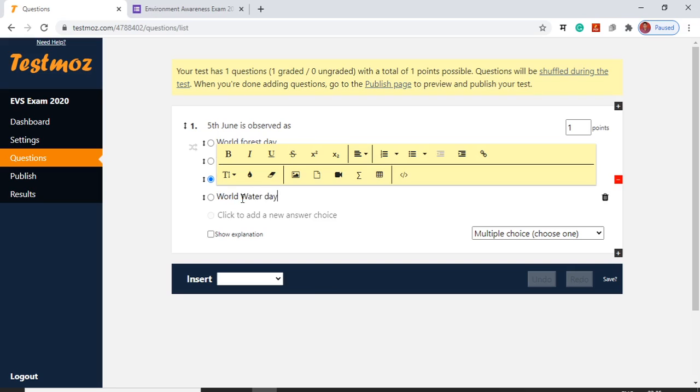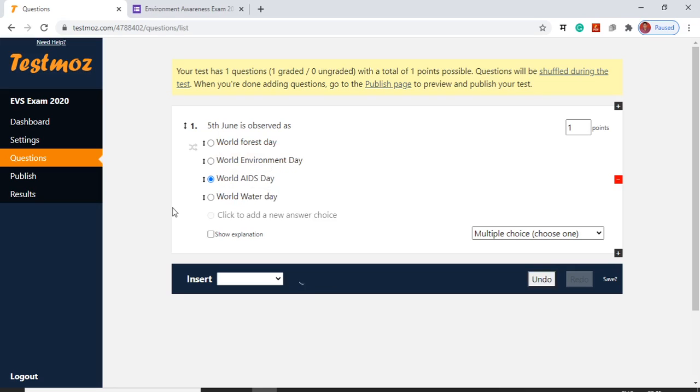So we know that 5th June is observed as World Environment Day. So we will click on World Environment Day. That means the World Environment Day option is correct. We have given 1 point to this question.